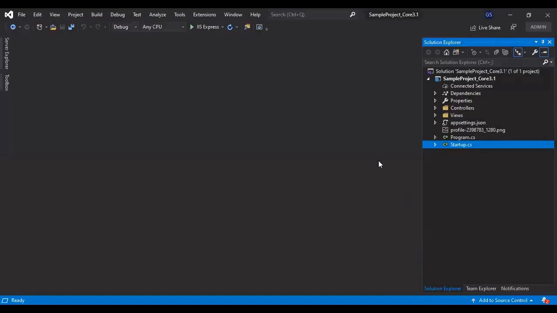If you have any experience with the previous MVC architecture, you must know that models must be present in the Models folder. In ASP.NET Core, it is not mandatory to have a controller inside the Controllers folder and a model inside the Models folder. But it is good practice to keep them in the respective folders to identify them easily and keep the code separated. So let's create the Models folder first.